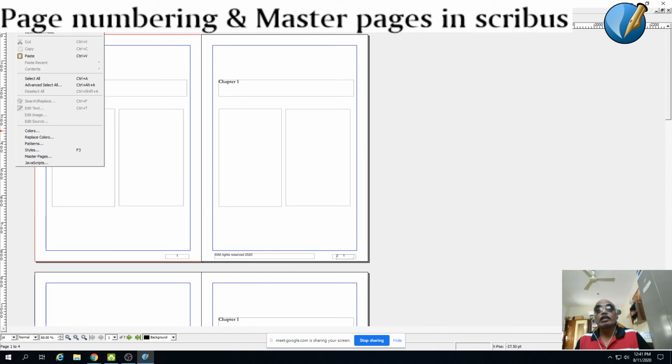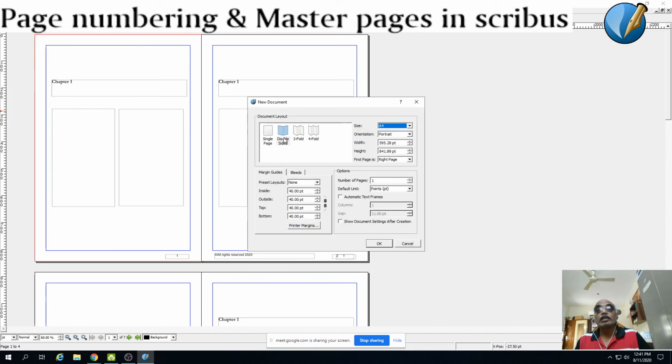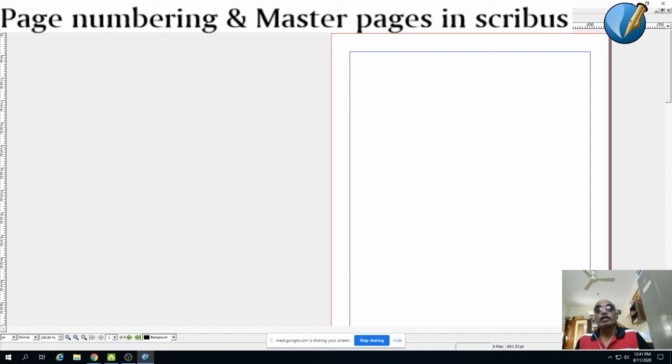Now I am going to open a new document. It's a double-sided one, having 3 or 4 pages. So now I am going to insert a new text frame just to show the import feature.